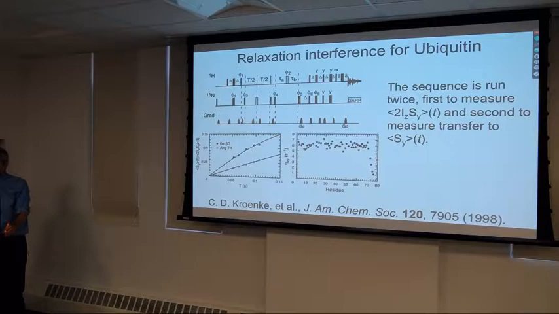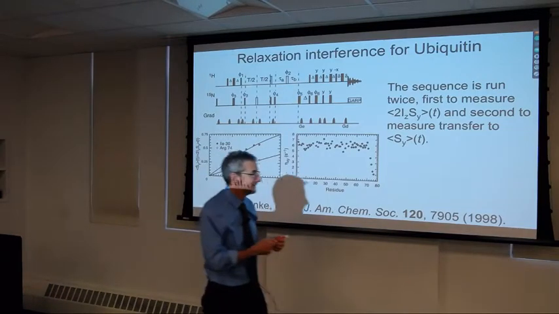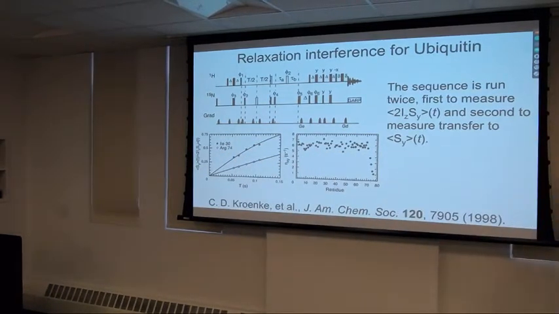But the other approach that's more common is to measure the interconversion between in-phase magnetization and antiphase magnetization, because that difference, or antiphase magnetization, can be thought of as the difference between the two doublet components. Right? If we have